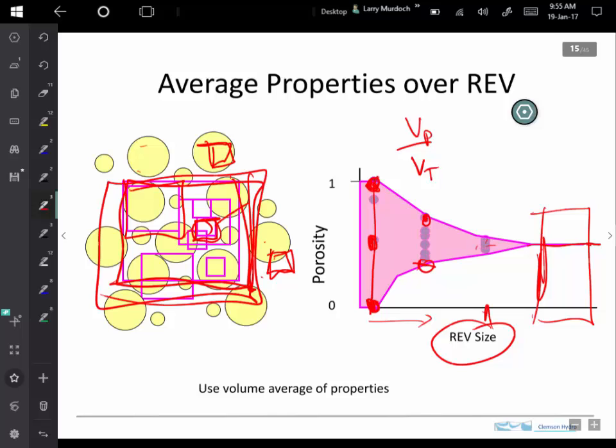But we see that there are problems with that if it's too small, and the values will also change as the REV size gets larger. So there'll be kind of a sweet spot for the REV size where the property stays relatively constant, and that would be the size that we'll want, what we're going to assume is applicable for these